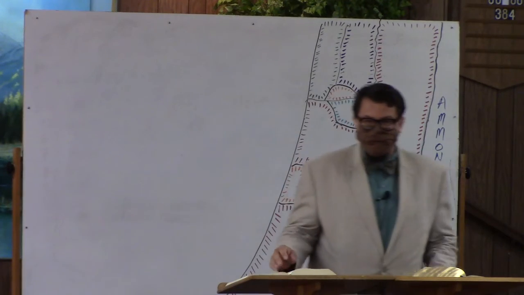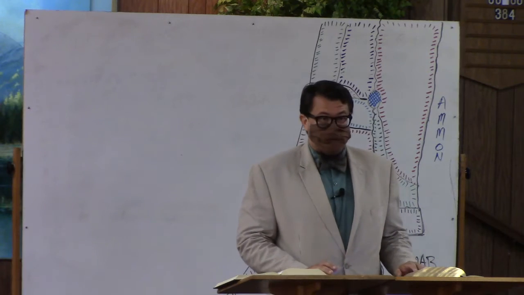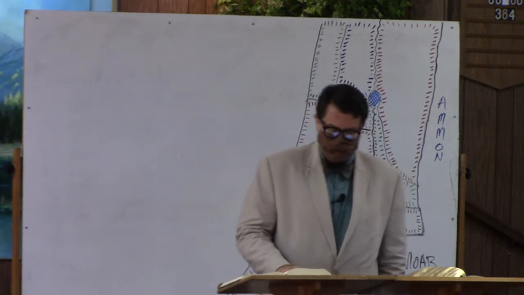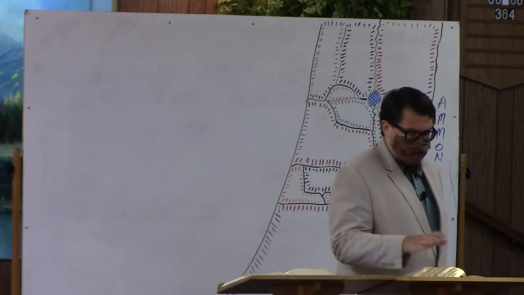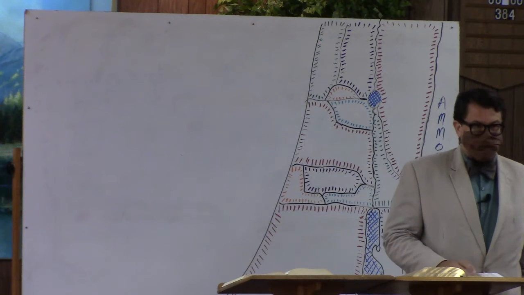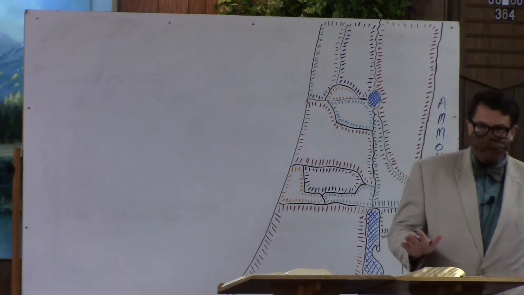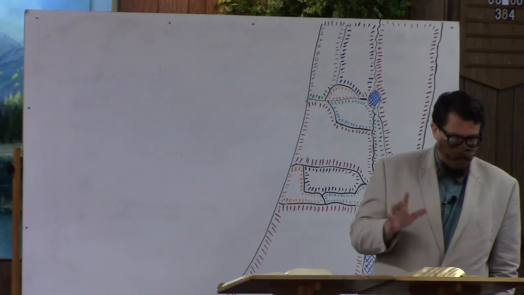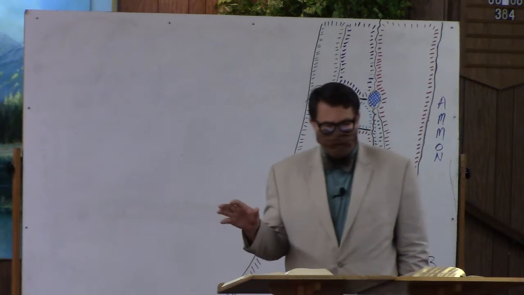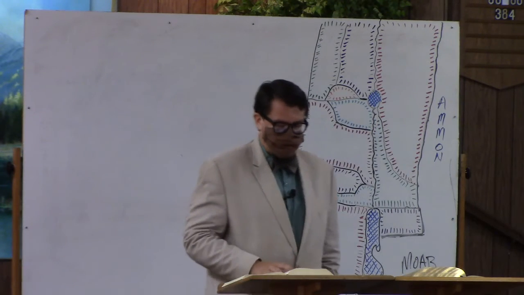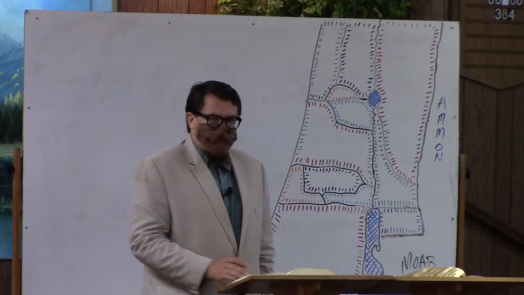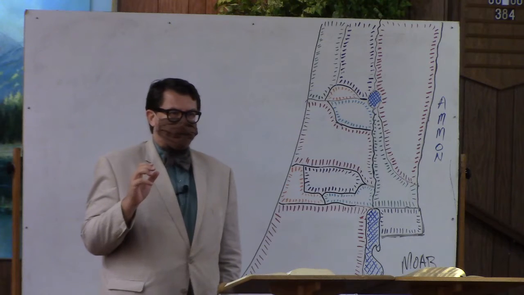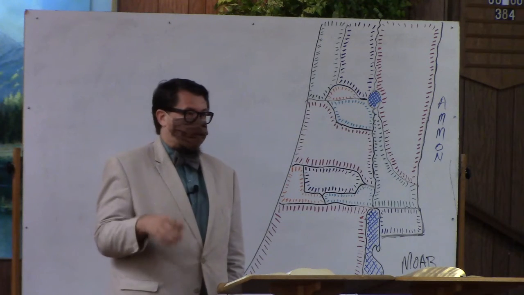Right, good morning, everybody. We are in Joshua chapter 15 this morning. Joshua chapter 15. We are hopping over to the west side of the Jordan. Over the last couple of chapters, we have heard the conquest and the inheritance on the east side of the Jordan recounted for us.